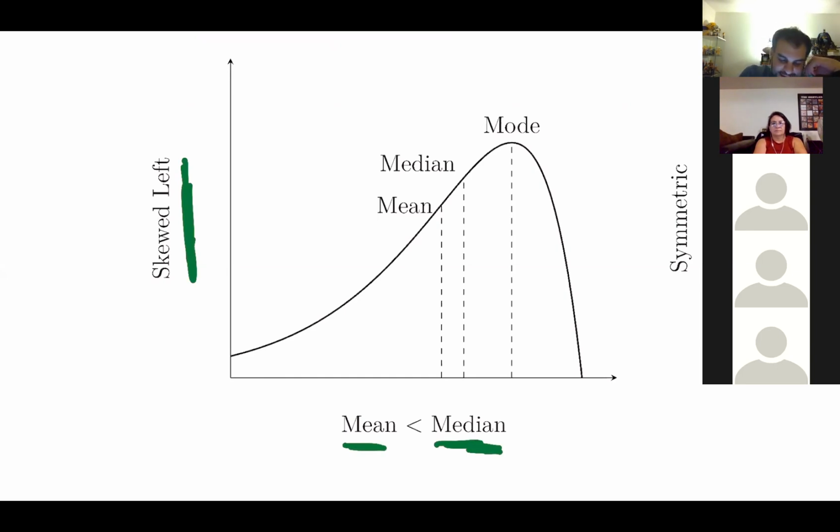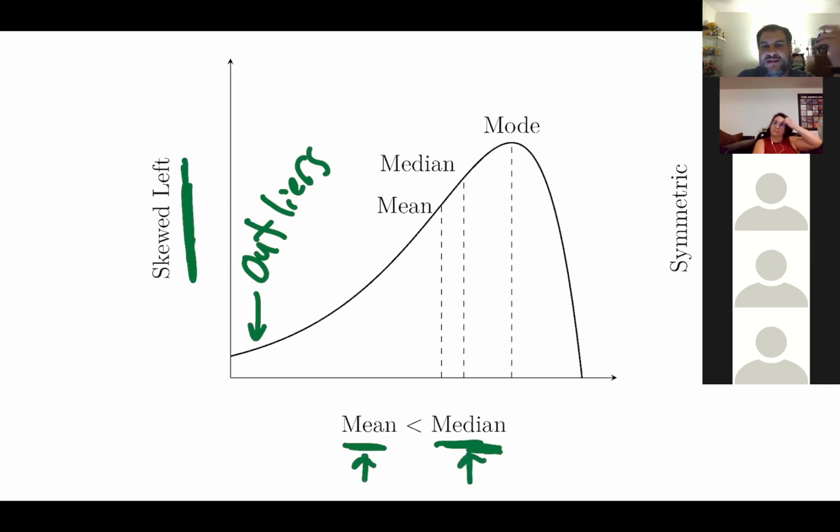Oh, yeah. So you're gonna have outliers over here. These outliers are going to be extremely low values. Since they're extremely low values, instead of inflating the mean, they're actually gonna deflate the mean. So that's why the mean should be smaller than the median: if it is skewed to the left, you're gonna have values that are extremely small, and those extremely small values make the mean smaller than the median. All right, so that's skewed to the left.